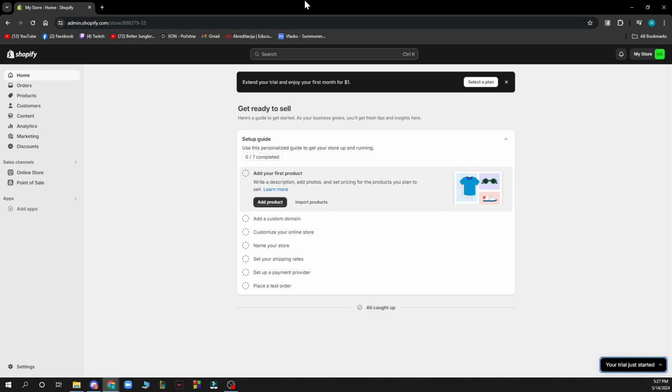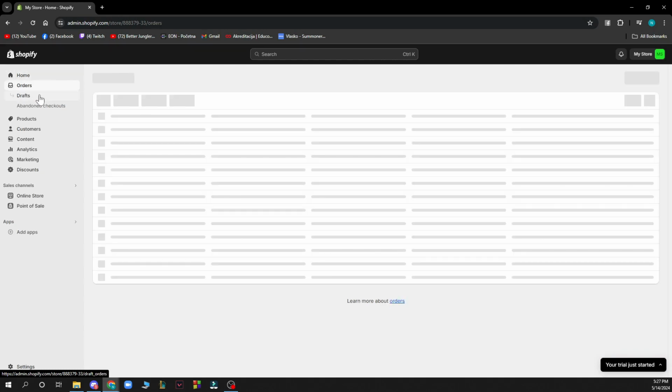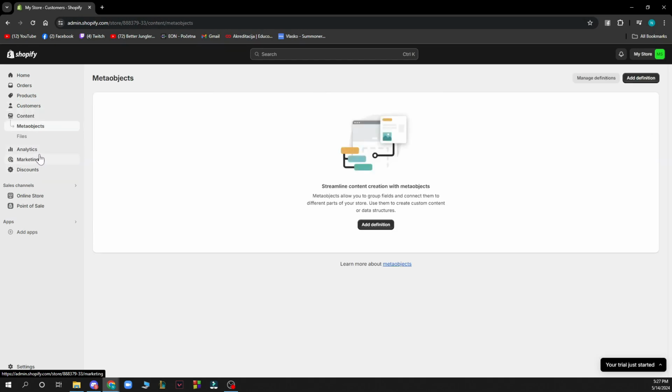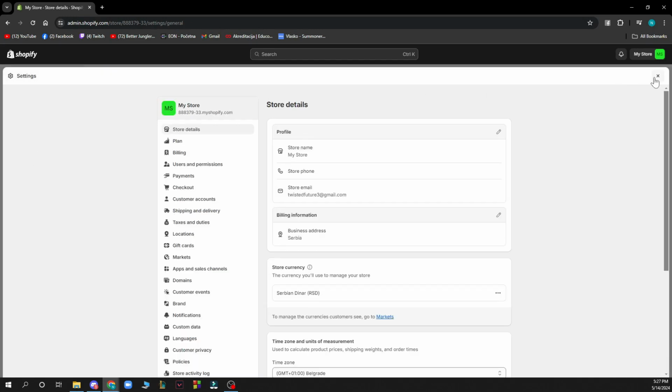Now guys, that we got that out of the way, let's see what we actually have in front of us here. So as you can see, we have the Shopify store that I have created, and here we have some options. On the left side of the screen, we have the home button, the orders, the products, the customers, the content, analytics, marketing, and discounts of this store. Also, we have the sales channels where we have the online store and the points of sale. Also, we have the add applications where you can go and add some of the applications. And in the bottom left corner, we have the settings where you can find all of the settings about your